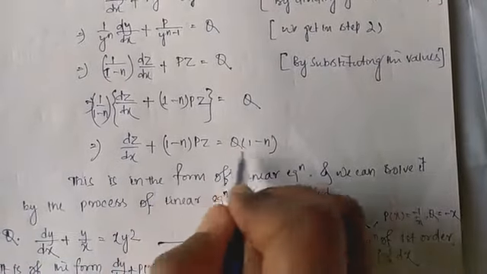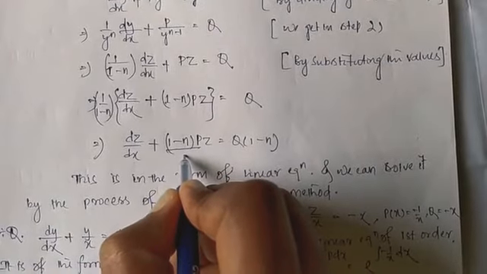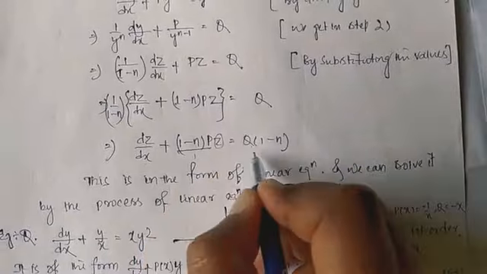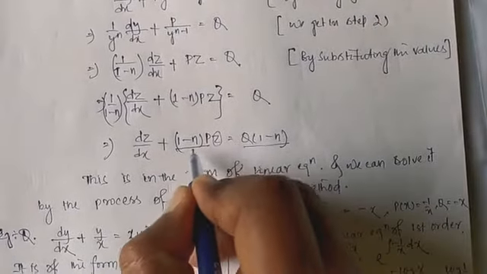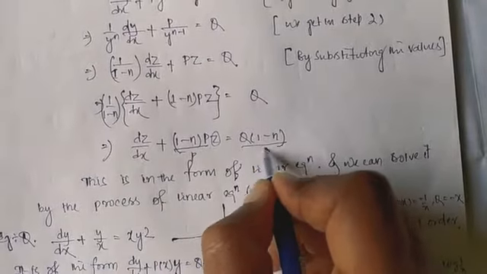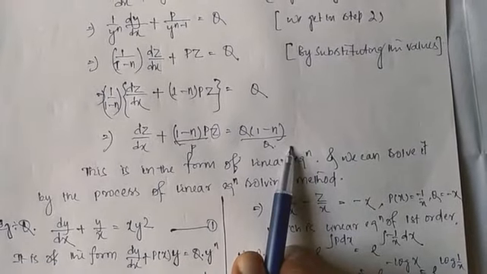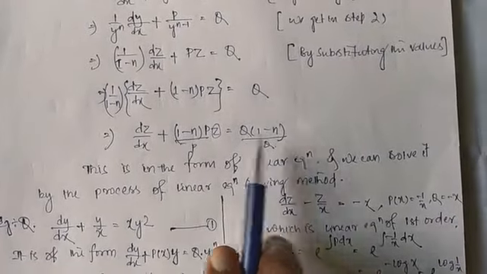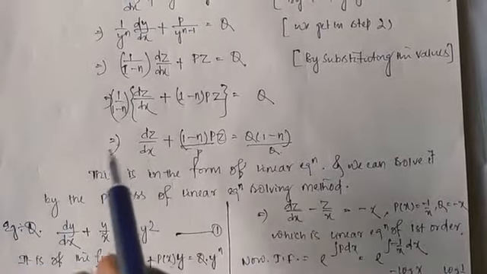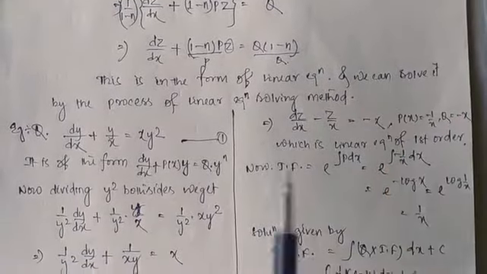So here now we can see this is a linear equation where this is the p part, the coefficient of z, and here this is the q part, meaning the converted p part is this and the converted q part is this. So now using the linear differential equation concept, we can find the value of z, and after that we will substitute the value of z by y to the power n minus 1. So we will discuss one example.